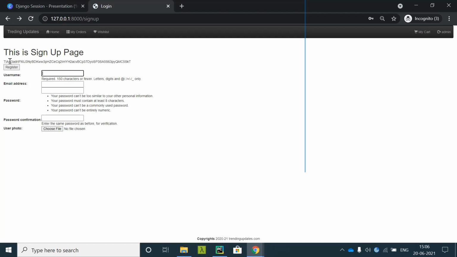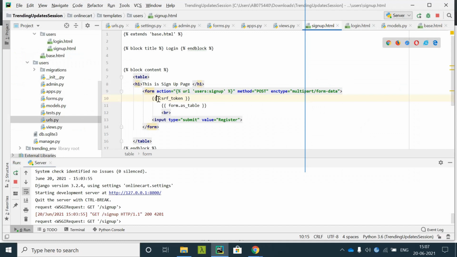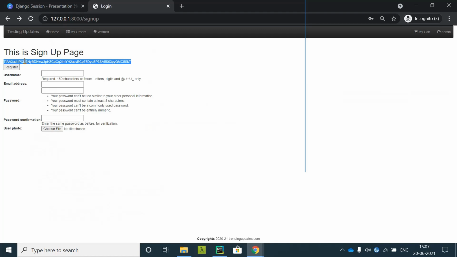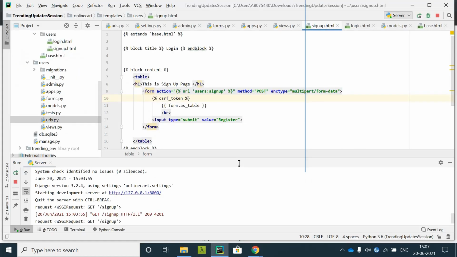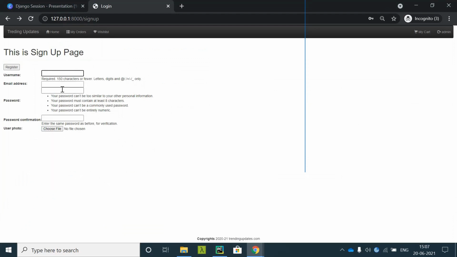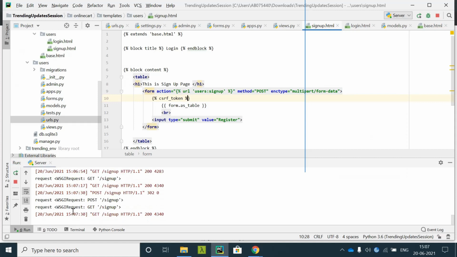Okay, see here. It is printing that. It should not be printing, but it should be adding. So this is how the CSRF token will look. Now when I write ab@gmail.com, root at 123, root at 123, I say register. Now when I clicked that, you see what happened.